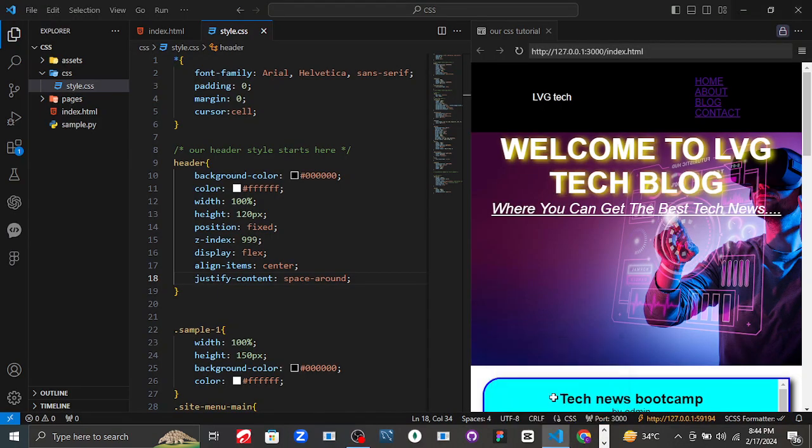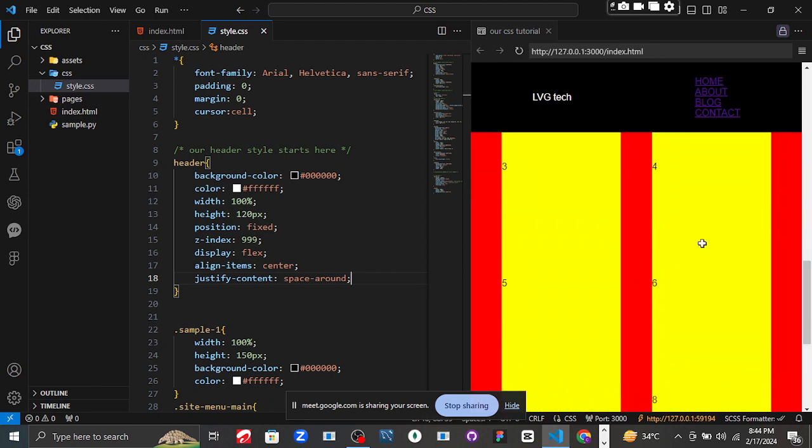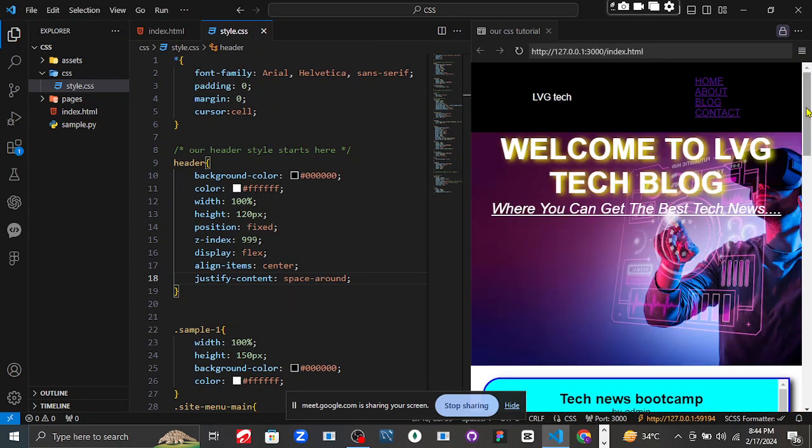Okay, so that's it for the justify content space around. So I've put a space around here to be kind of evenly similar to what I did here. My screen is kind of, I opened this within VS Code, that's why it's showing like this. I don't want us to be going back and forth. So now I think we have been able to establish